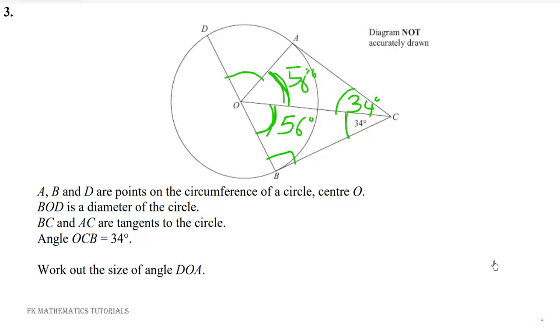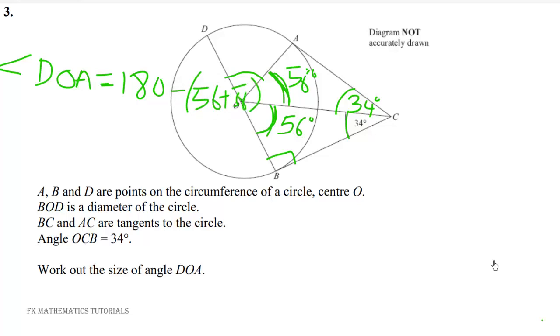So angle DOA is equal to 180 minus 56 plus 56. Angle DOA will be equal to 180 minus 112 degrees,